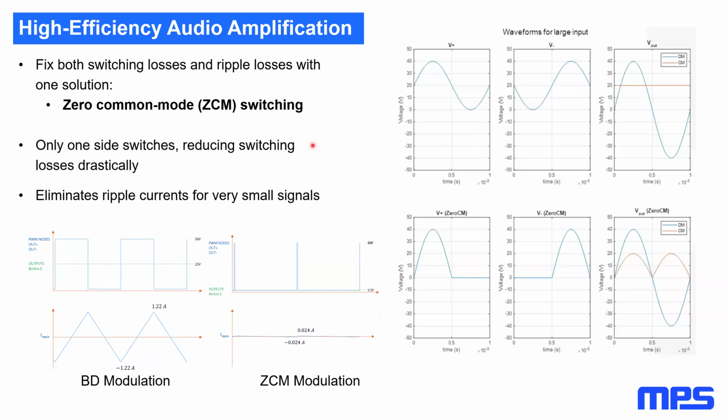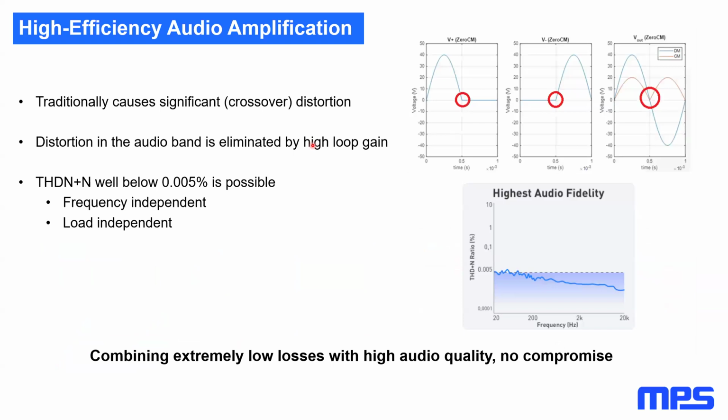So this sounds very attractive, but why doesn't everyone drive the power stage like this? Traditionally, driving your power stage like this causes significant crossover distortion, and we can see that over here. Where I've made the red circles, we have a very sharp knee point, where let's say the waveform turns into a flat line. Typically, without any feedback, we would see some ringing here, and we have a lot of resulting